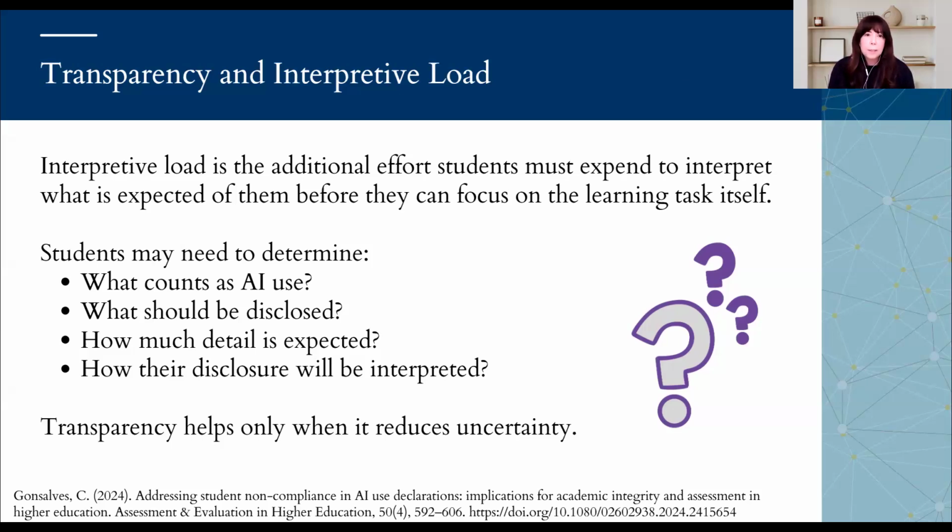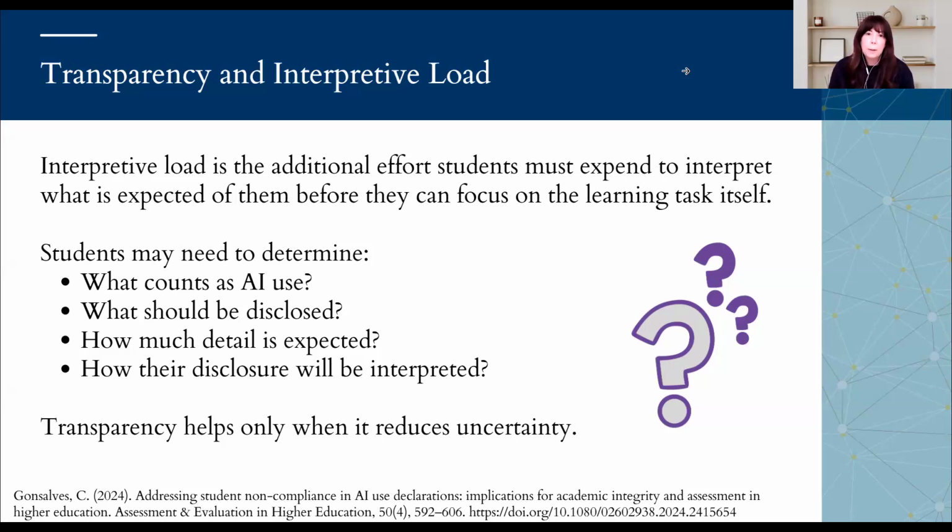And as you can imagine, with the introduction of AI into the educational landscape, this does become complex because each task may be a negotiation process in which students need to think about what counts as AI use, and Laura will say a little bit more about the juggling act that students might go through when they're thinking about what constitutes AI use. They might think about, as some of you have indicated in the chat, what should be disclosed. Do we disclose every single AI interaction, or are there only select interactions that we would want students to disclose? And how much detail do we want?